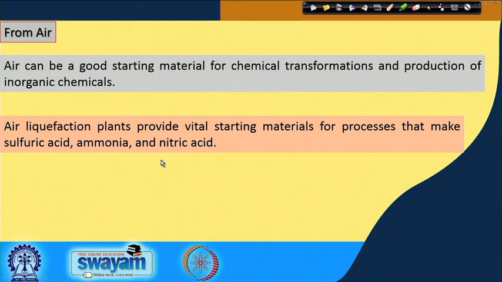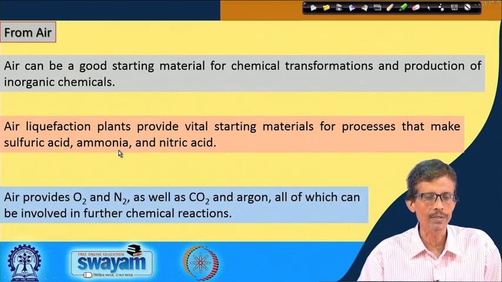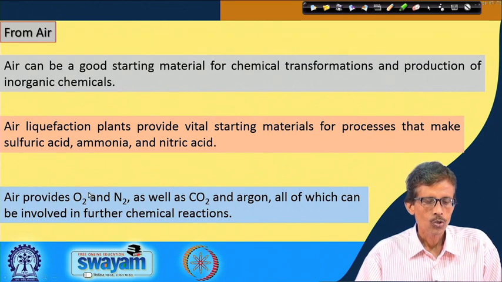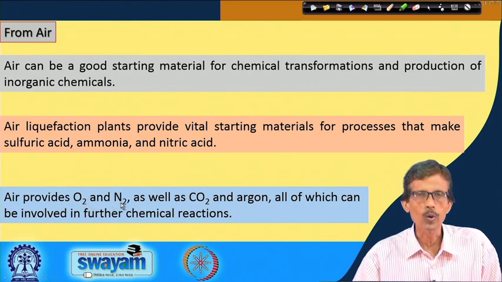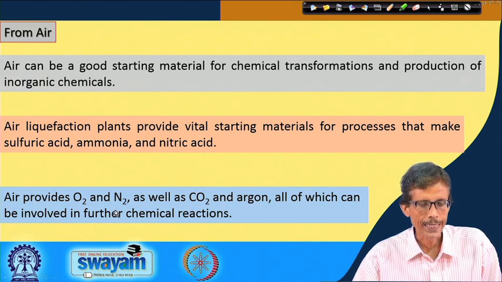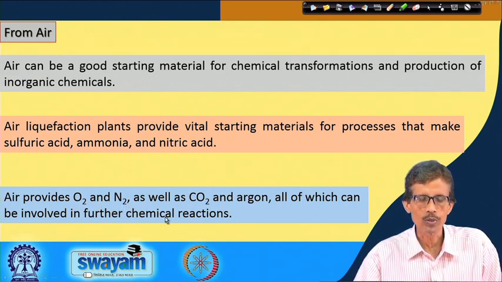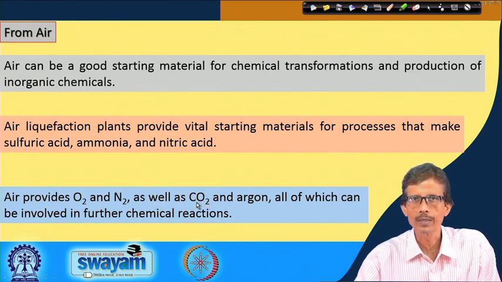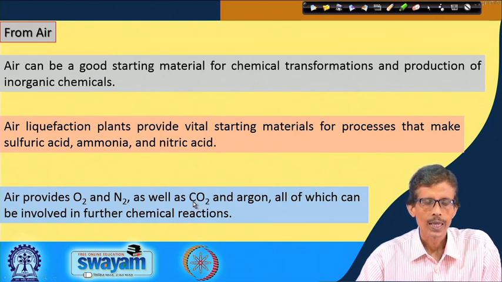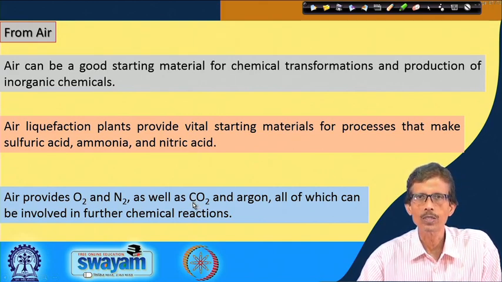So, all these cases are useful for getting nitrogen from air and converting that nitrogen to some useful material. Those useful materials are sulfuric acid and nitric acid. Along with this O2 and N2, what are we getting? Getting O2 and N2 from air is useful, and along with that we also get carbon dioxide, because we all know that a certain amount of carbon dioxide is always present in air,